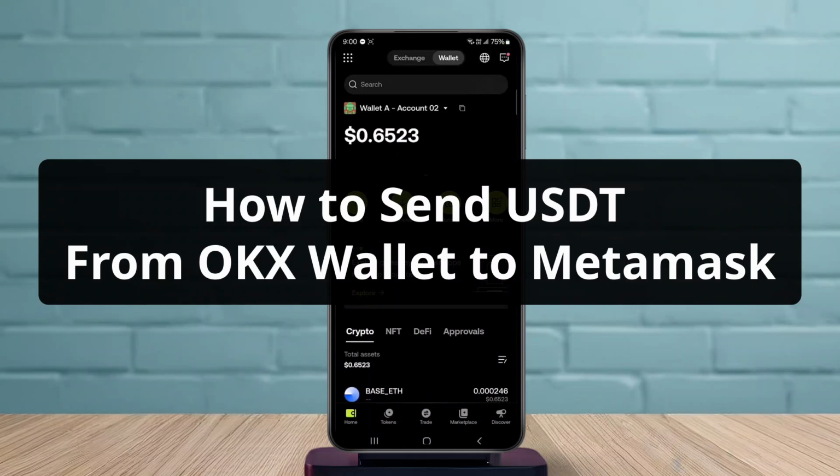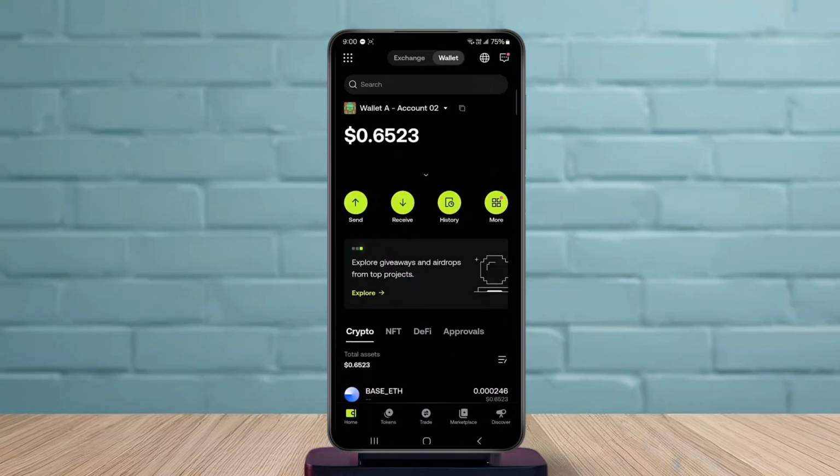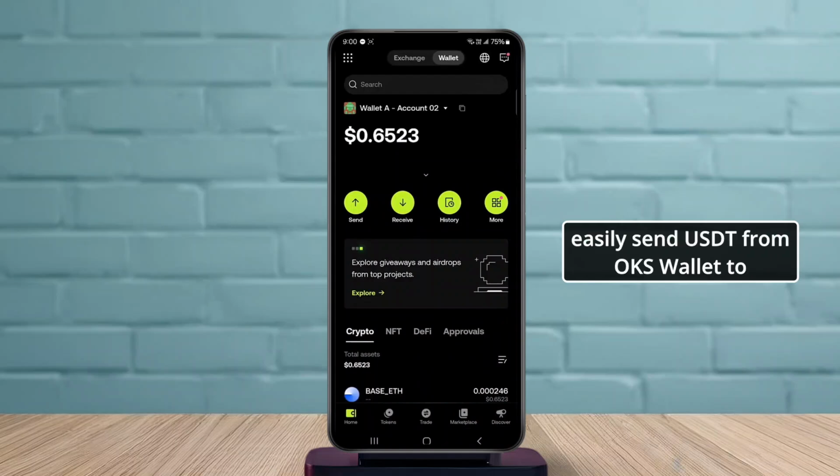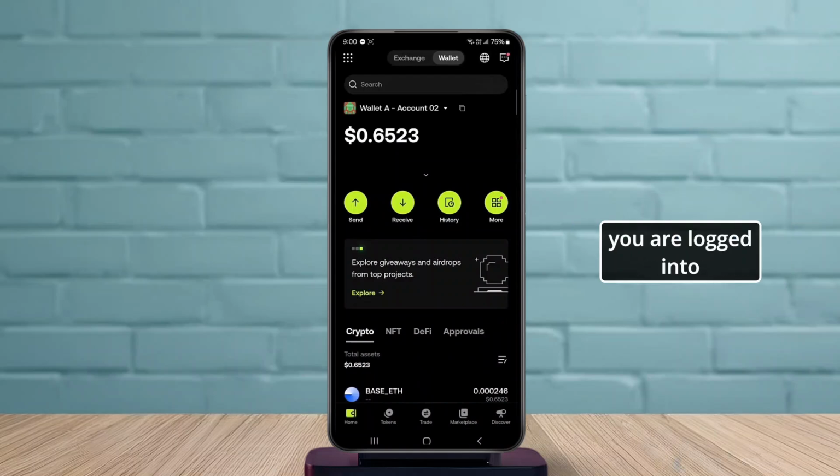How to send USDT from OKX Wallet to Metamask. In this video, I'll show you a step-by-step guide on how you can easily send USDT from OKX Wallet to Metamask. So first, you need to open up your OKX Wallet and make sure that you are logged into your